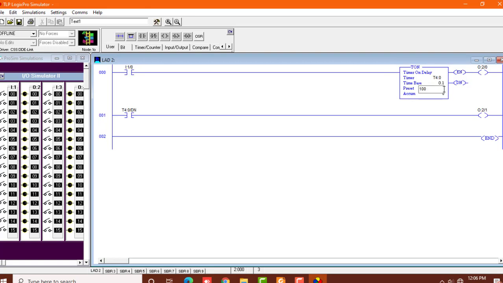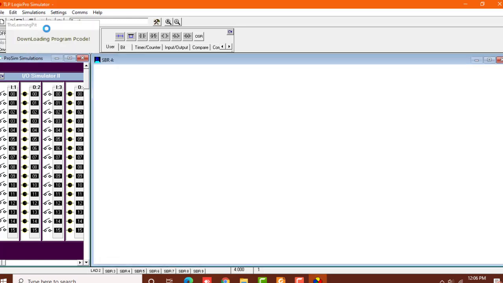Change the preset over here, we can change it, but we are not able to change the timer over here. So what I'll do is change the preset to 1000. So you can see that instead of changing the time base, I've changed the preset value to 1000, and now I'll run it. I'll download this to PLC